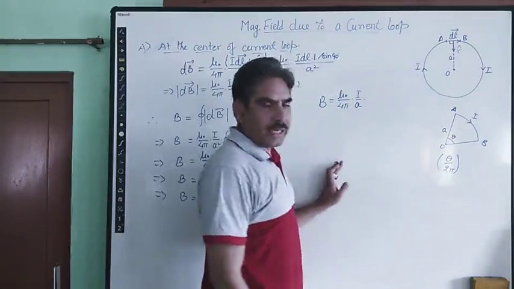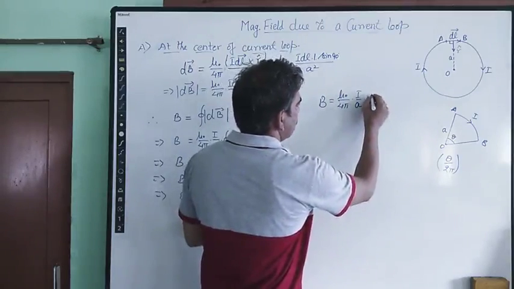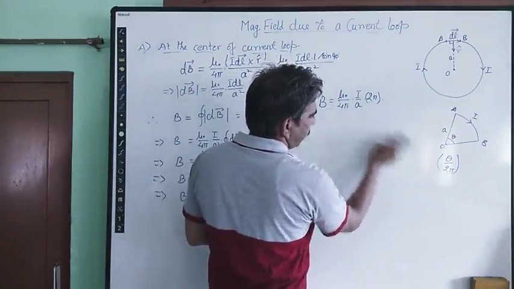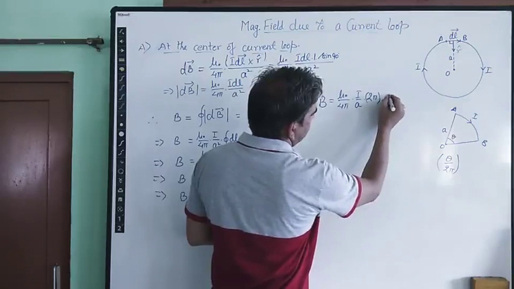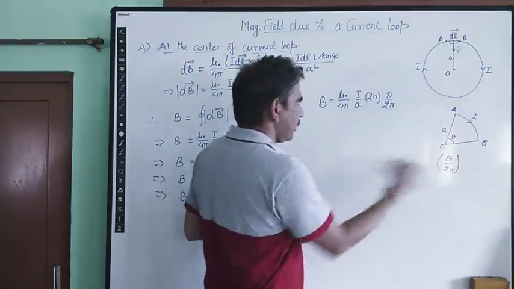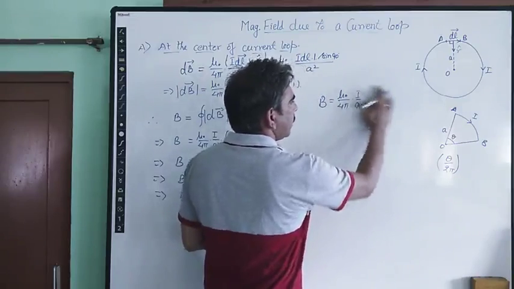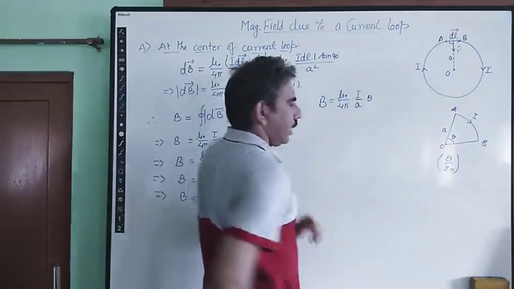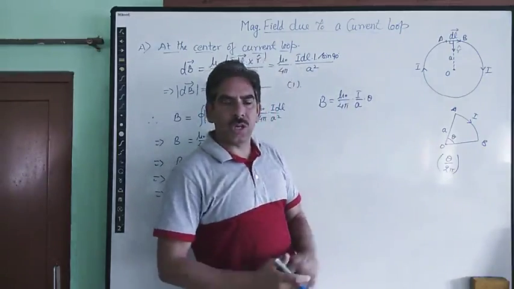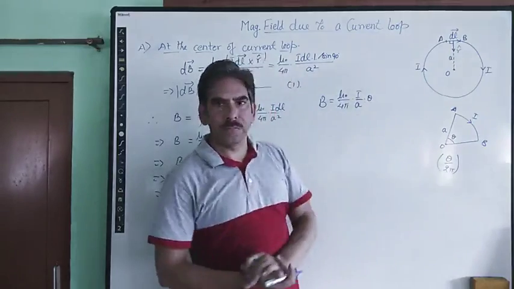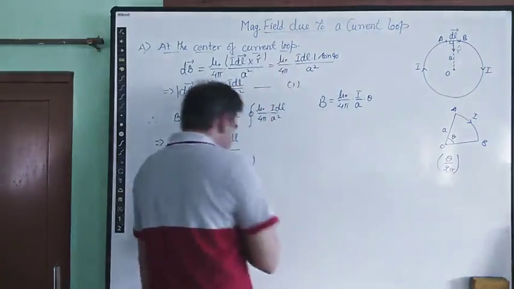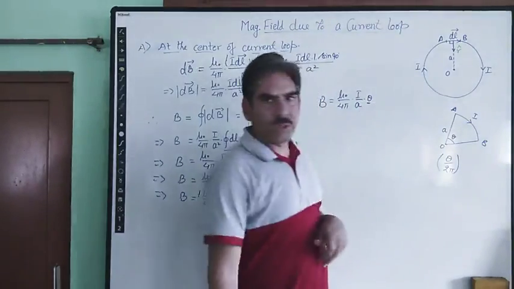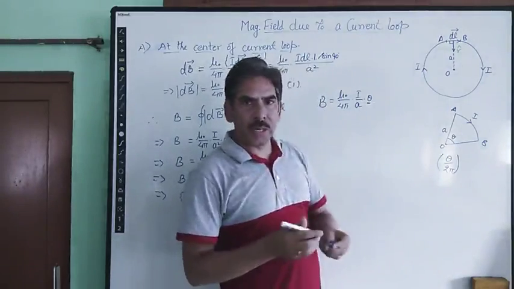Now it is not 2 pi radian, the value of this angle is now only theta upon 2 pi. Or in other way, you can say that this is nothing but the magnetic field, not due to the whole loop, but only this much section, or we can say portion of the loop, which is making an angle theta. So you don't multiply it by 2 pi, which gives the total magnetic field due to the whole loop. It is only this much section of the loop which is giving the magnetic field. So this is the expression in this particular case.